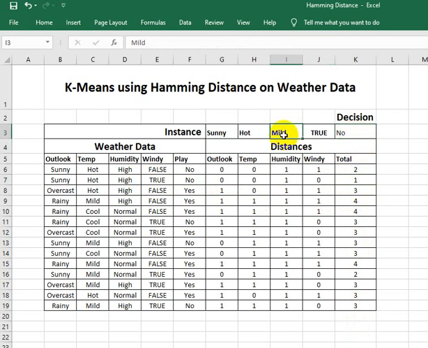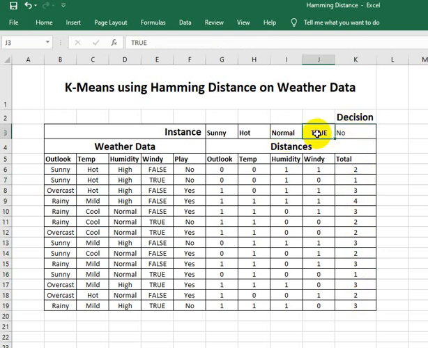In case of humidity high, the decision was also no. And in case of normal humidity, we have the same decision, which is no. In this case, we have two minimum values, one over here and one over here, and it is picking the first minimum value, and this is returning no.